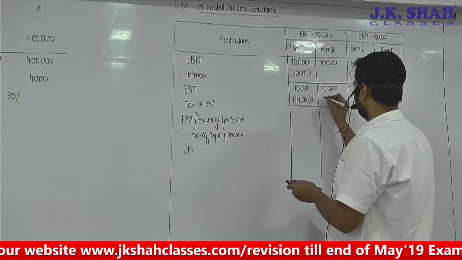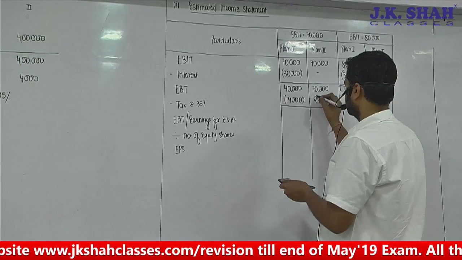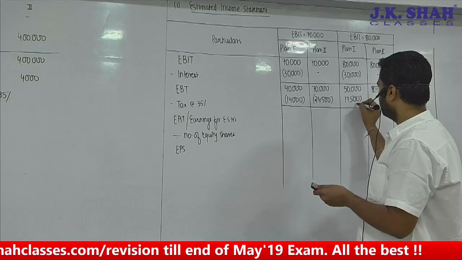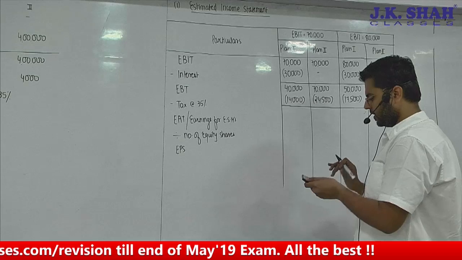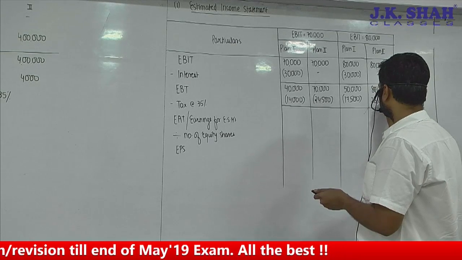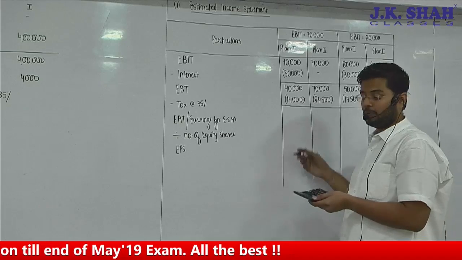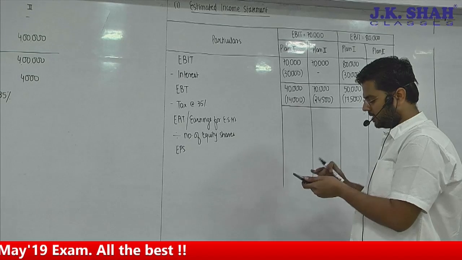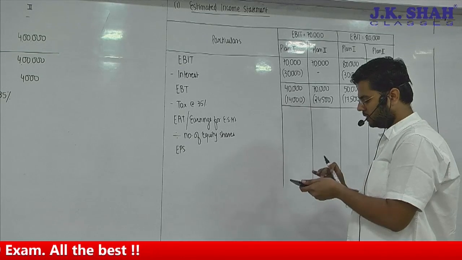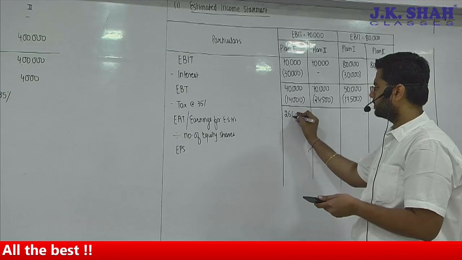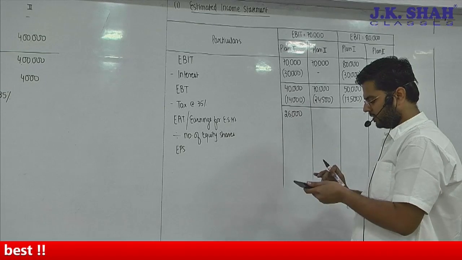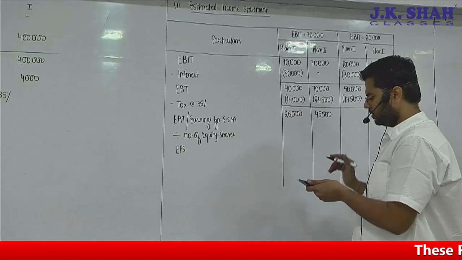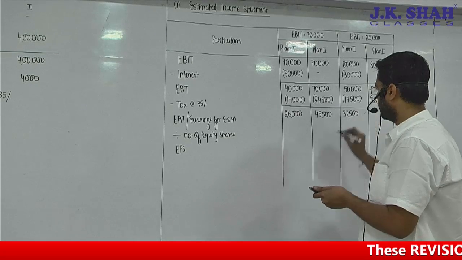Then we get 24,500, the amount of tax. Then 50,000 will be giving me a tax liability of 17,500, and then 80,000 is 28,000. And when you subtract the tax, it becomes EAT. So we can say this is going to be 0.65 into 40,000. So this is 26,000. Then we have 45,500, 50,000, 32,500. This is profits for my equity shareholders,